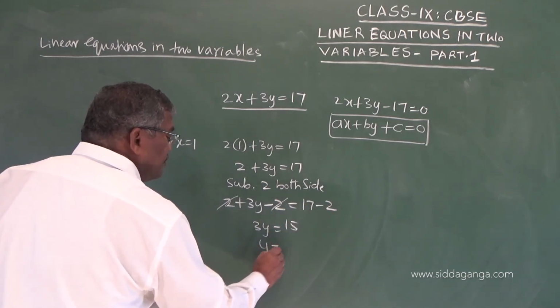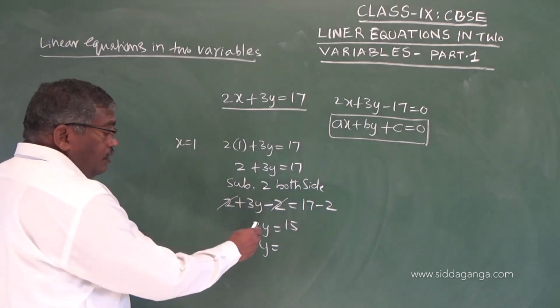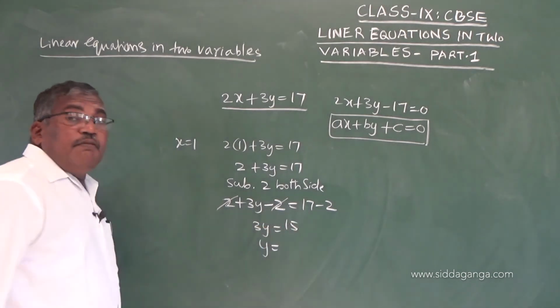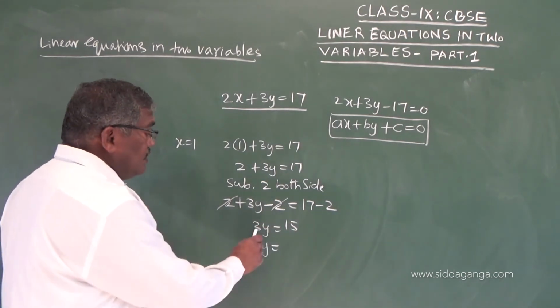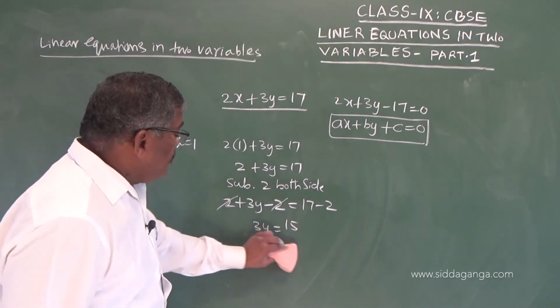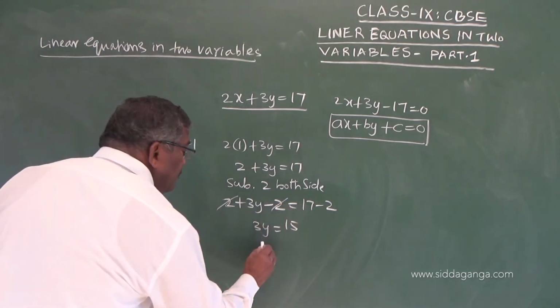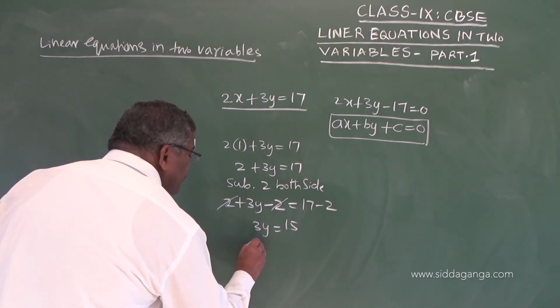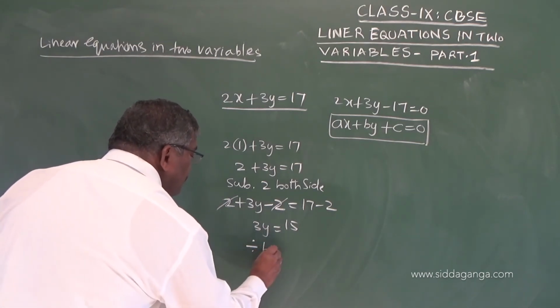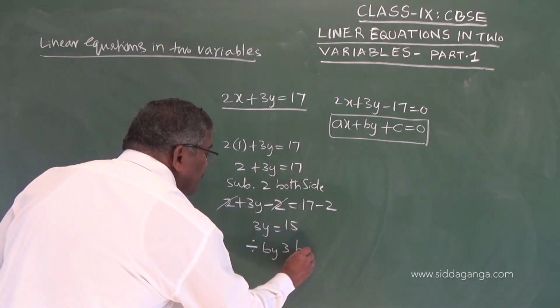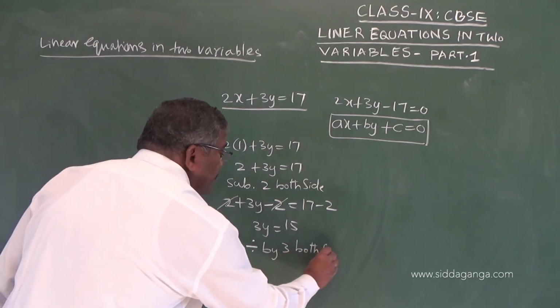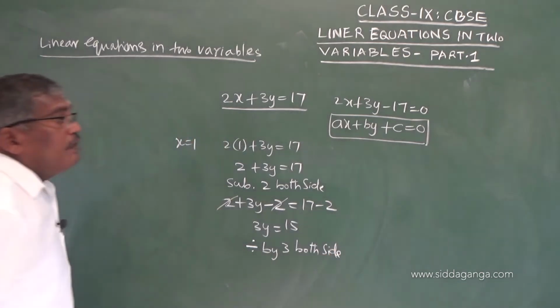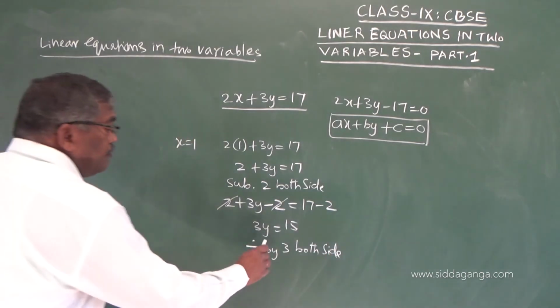Y equals. So now don't put 15 minus 3, because this is a product. So here what you have to do is divide by 3 both sides. Divide by 3 both sides. If you divide by 3 both sides,